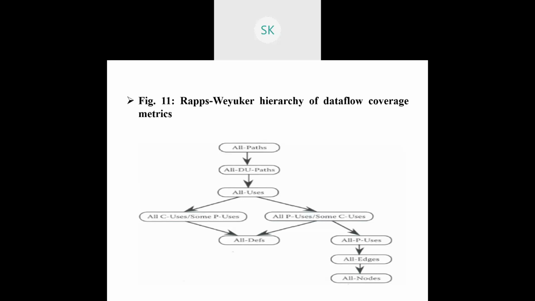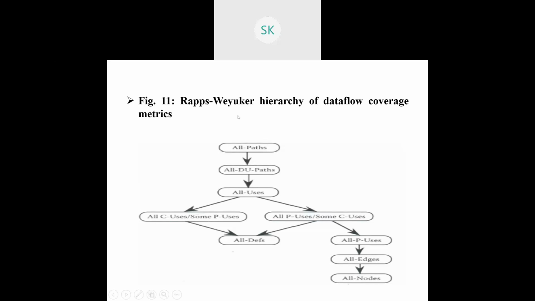With respect to your P uses, if you are taking them separately, you take all P uses. With respect to that, all the edges, all the nodes, you need to traverse. Because predicates go in multiple directions, so for all the particular directions you need to identify the path. That's what it says. So this hierarchy you need to keep in your mind, because this question has been asked so many times. What you need to do? What is the thing that you need to explain?